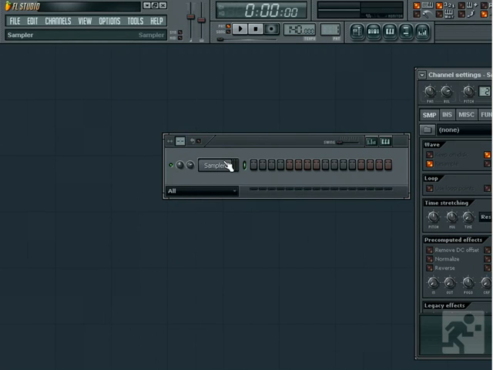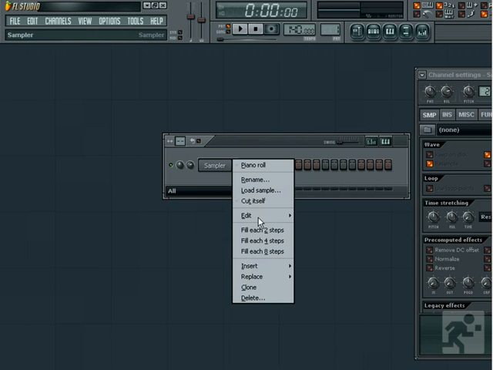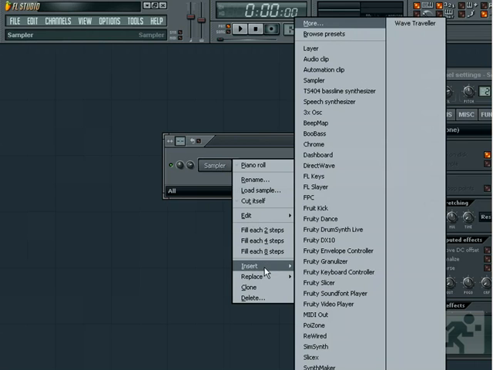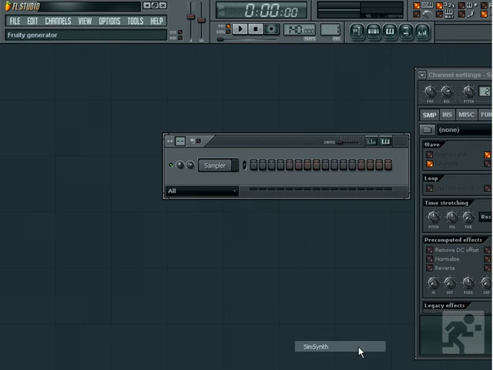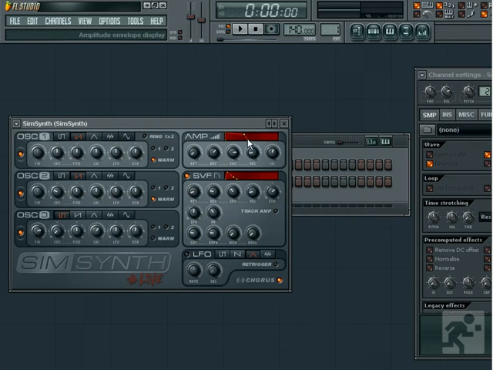a song. To insert a new channel, you can right-click on any of the existing channel buttons, in this case the sampler, and then move down to Insert. This will pull up a list of all available instruments that you can insert. Move through the list and left-click to insert. The interface for the particular instrument will appear on the screen and a new channel button will appear in the